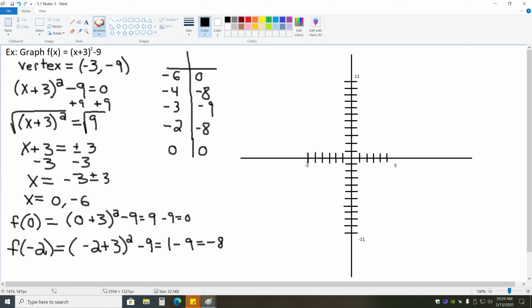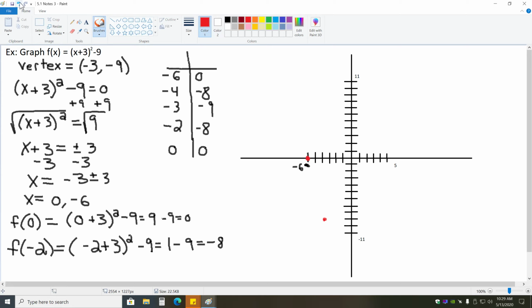and I'm going to add one more tick mark here, as I didn't end up extending this far enough. So we have -6, 0 as one point. And I'm going to go ahead and switch this graph to red so it's easier to see. So -6, 0, -4, -8, -3, -9,